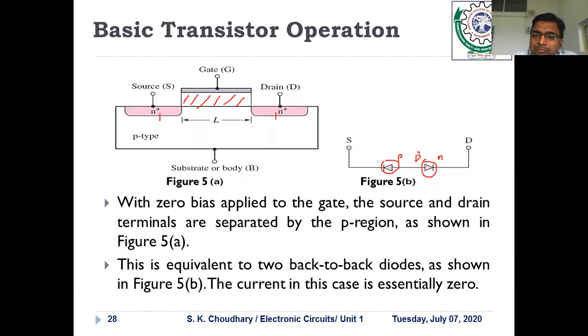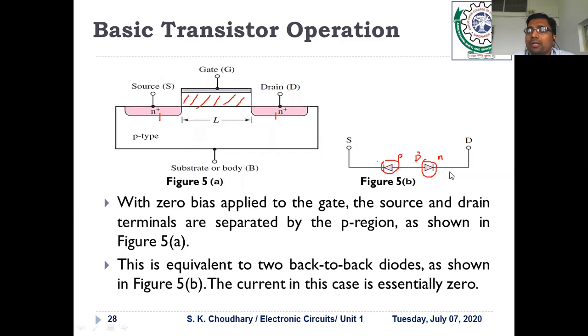You can see here general physics is involved. This drain is always positively charged and the source is always the negative or ground terminal. So you can see it as the physics of the PN junction diode. This is the cathode terminal and this is the anode terminal. The anode terminal should always be positively charged and the cathode terminal negatively charged. So it is a forward bias condition, and this diode would conduct.